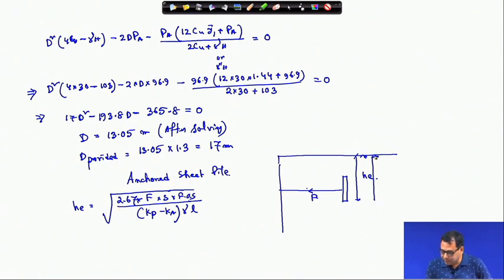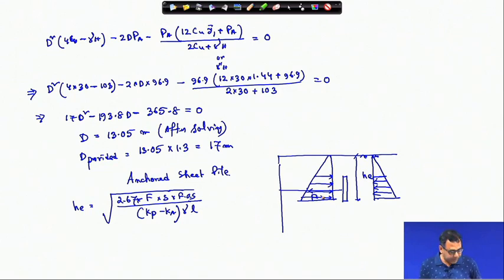I would recommend you use the 2.67. Why are they using 2? Because sometimes people consider the total active and the total passive force, from the ground surface to the base. But I would recommend that you consider only this portion, not the total one, because that is the stress acting on this anchor plate. If you consider the total one from the ground surface to the base of the anchor plate, then instead of 2.67 it will be 2, but I would recommend you use 2.67. That will increase the He value, so you will get more resistance. So, these are the points that I want to share with you.